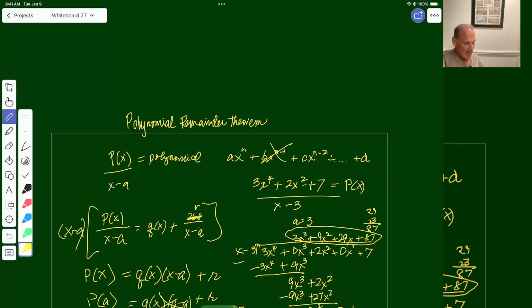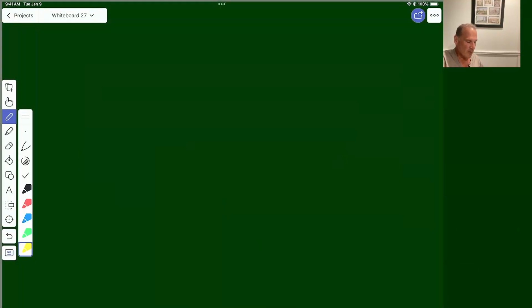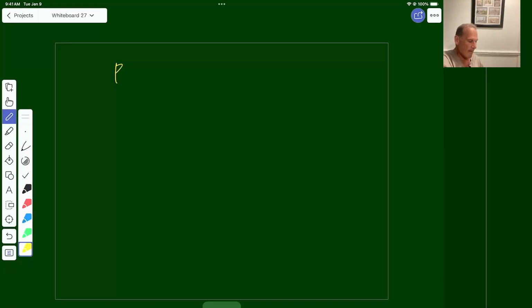So this basically states the remainder theorem, that if you evaluate a polynomial at a, which has been divided by x minus a, then the answer to that polynomial evaluated at a will be equal to the remainder. Okay, and that's what the polynomial remainder theorem states. So let's go back to that for a second. So the polynomial remainder theorem states